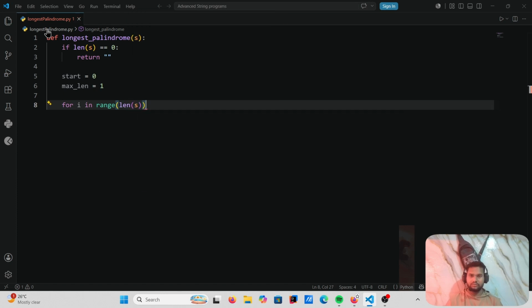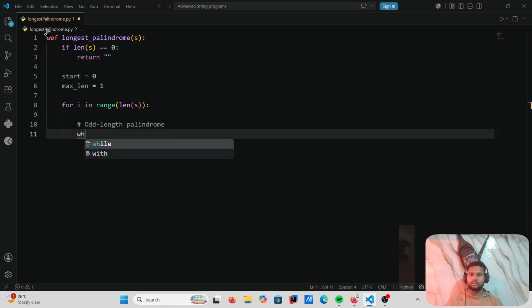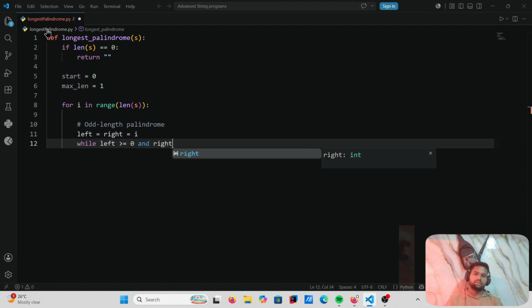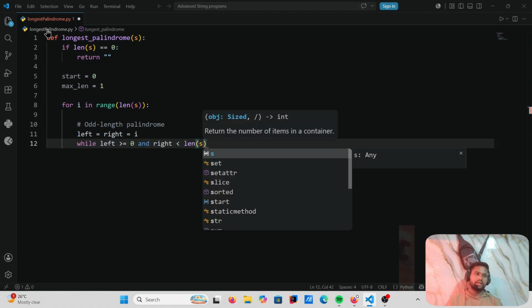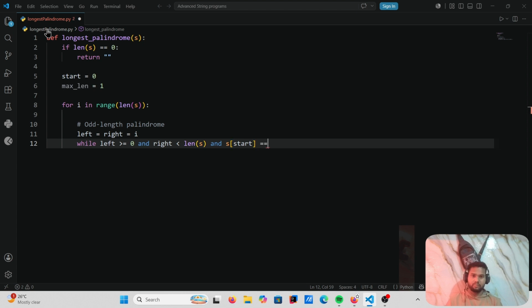Here odd length palindrome: while length of s, sorry, here we take left equal to right equal to index i, and while left is greater than or equal to 0 and right is less than length of s and s